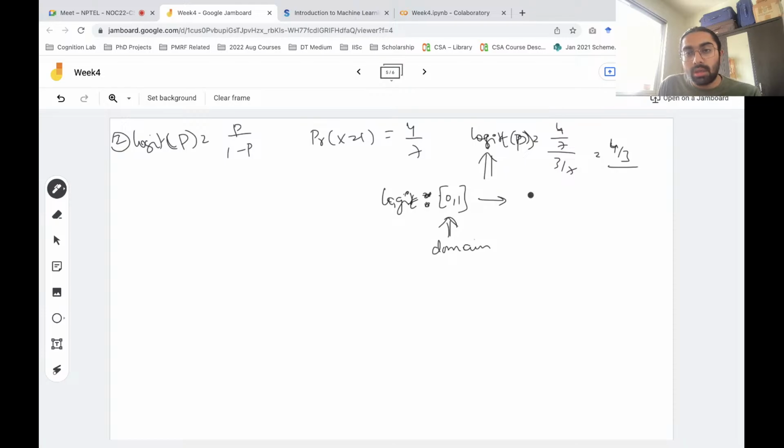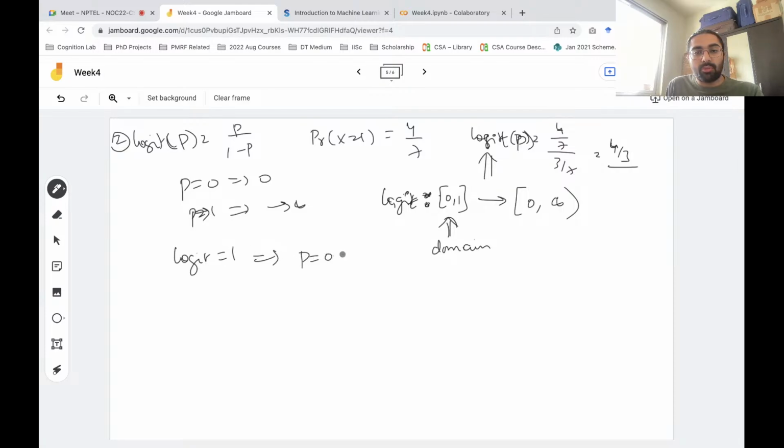0 to infinity, right? Because very simply, if you see here, if p is 0, logit becomes 0. And if p is 1, logit tends to infinity. So as p tends to 1, logit tends to infinity. This is the range that logit will generate, right? And if logit equals exactly 1, what happens is we say p is equal to 0.5,